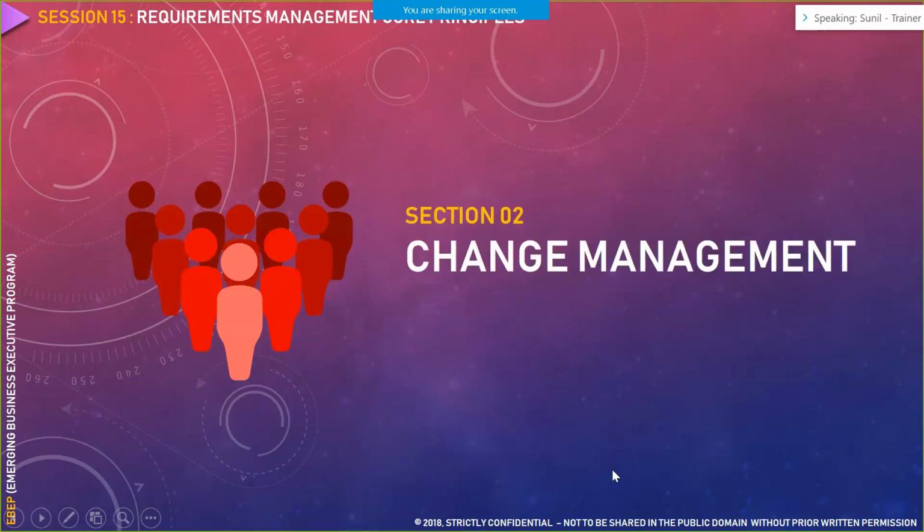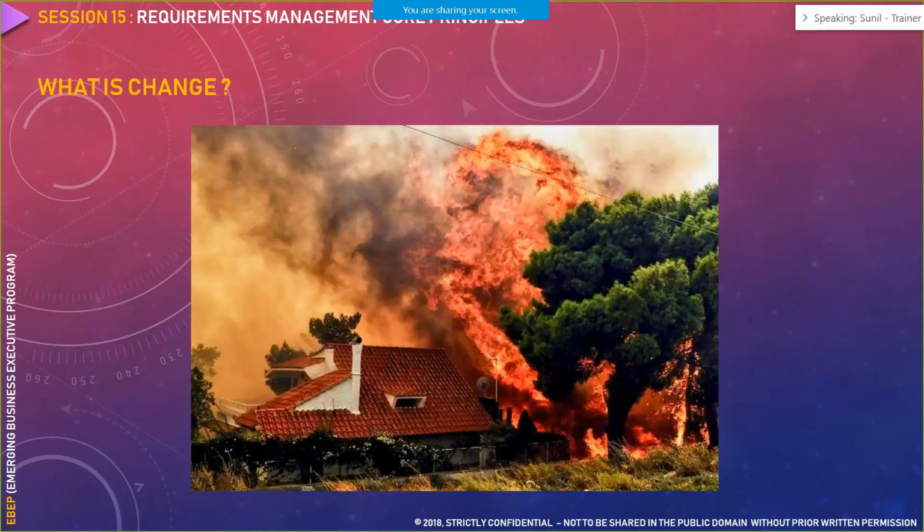Now then comes the process called the change management process. Now what is a change management process? What does this picture indicate to you? Firefighting?